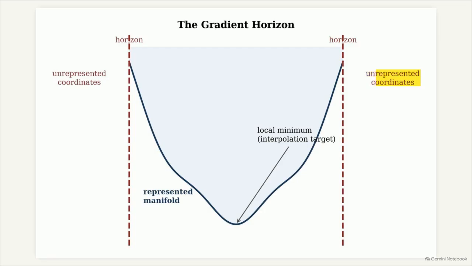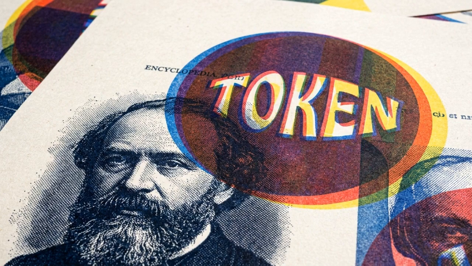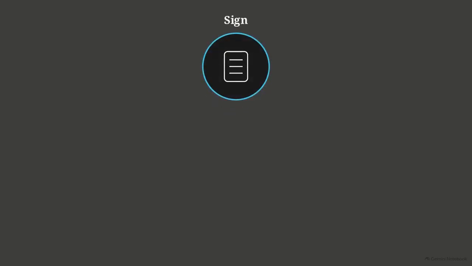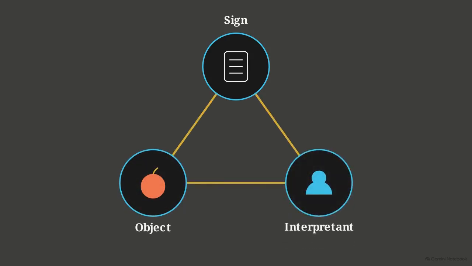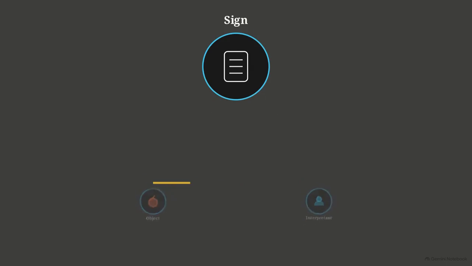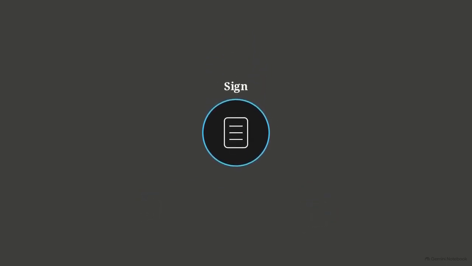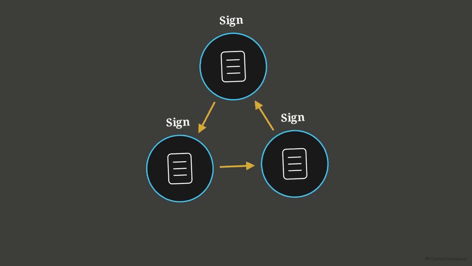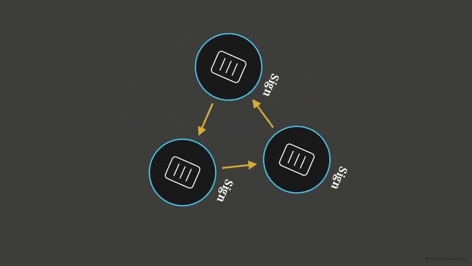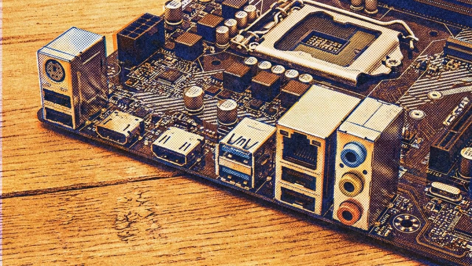The industry describes this process using tokens, a word borrowed from the semiotic theory of Charles Sanders Peirce. For Peirce, a token was never an isolated unit of data. It was the third leg of an irreducible triad. It required a sign, an object in the real world, and an interpretant, an agent whose actions are affected by that object. Modern AI architecture removed the object and the interpretant. It left only floating signs predicting other signs in a closed system. Without a connection to physical reality or an accountable observer, the system has no mechanism to verify its own claims. It is semiosis with its connections to the world amputated.